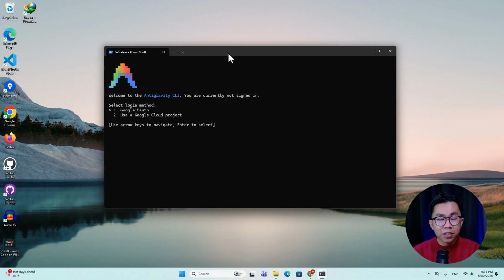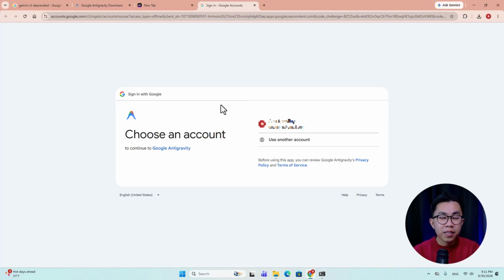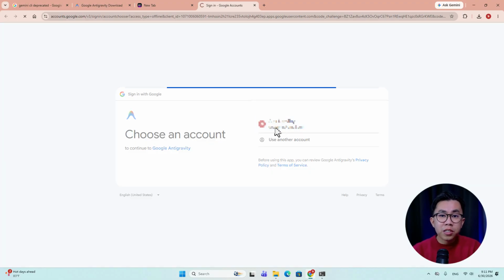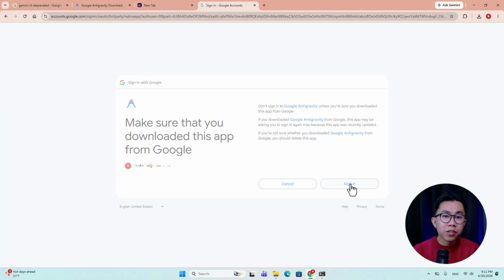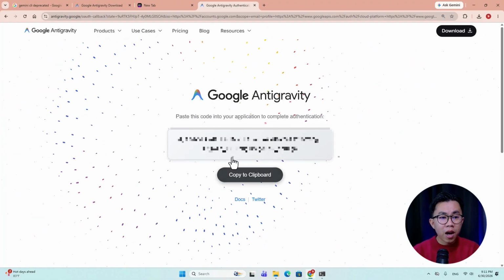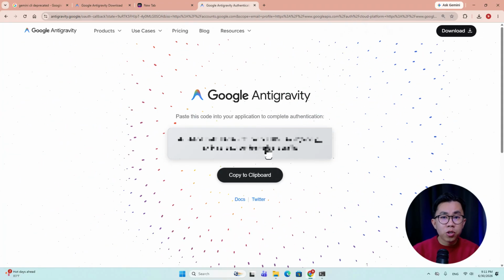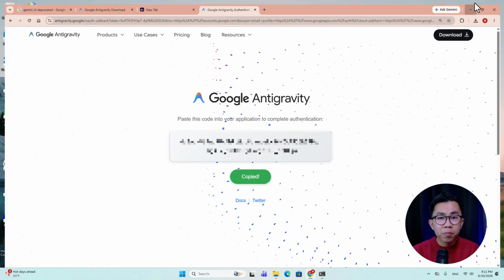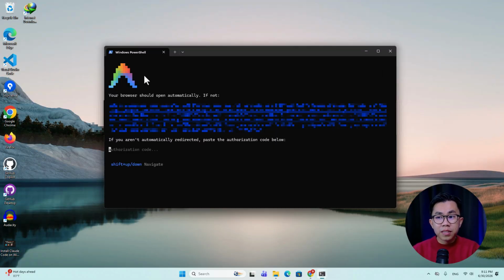Okay, and then it's going to ask me to log into my Google account. Just choose the first one and hit enter, and then it will pop up the sign in with Google. Just click on the account and then click sign in, and then it will tell me to copy the authentication code. Just copy it to clipboard and go back to this terminal, and then paste it over here, right click